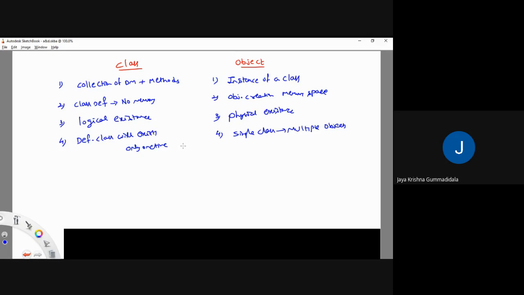So when we are going to create memory for an object, after loading the .class file into primary memory, only then will objects be created. Okay. When the class is going to be loaded into primary memory while executing a program,